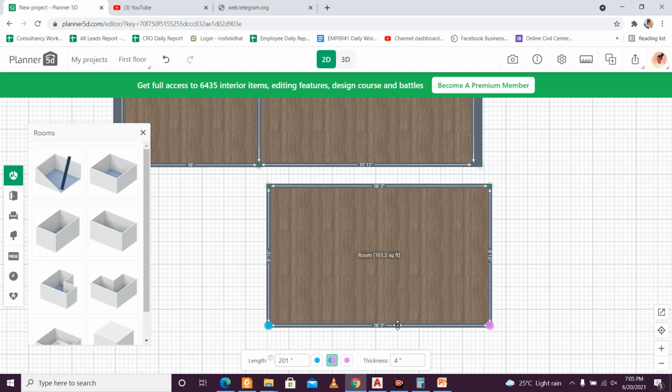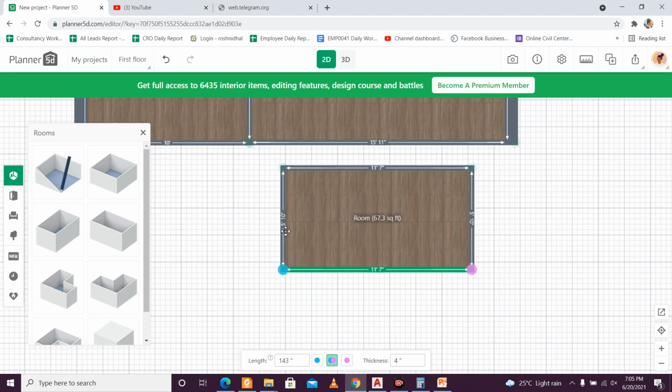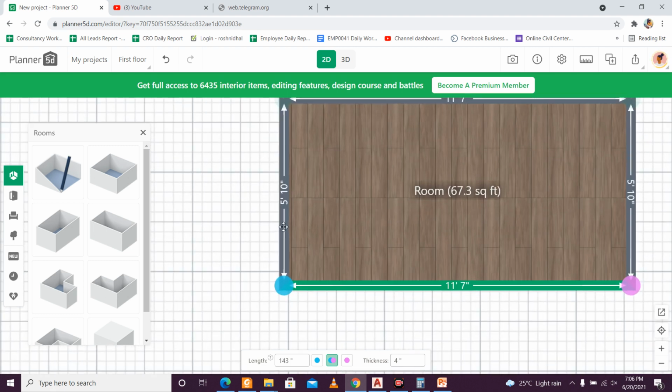So I'm going to show you another way to do this, if you don't want to manually drag this or something. Suppose, let me just go and have a reasonable size here, and suppose this is this, as you can see, this I want as 4 feet 6 inches. So 4 feet 6 inches means you have to calculate how many inches. So it is 4 into 12, because 12 inches equals 1 foot. So 4 into 12 plus 6, it is 54.